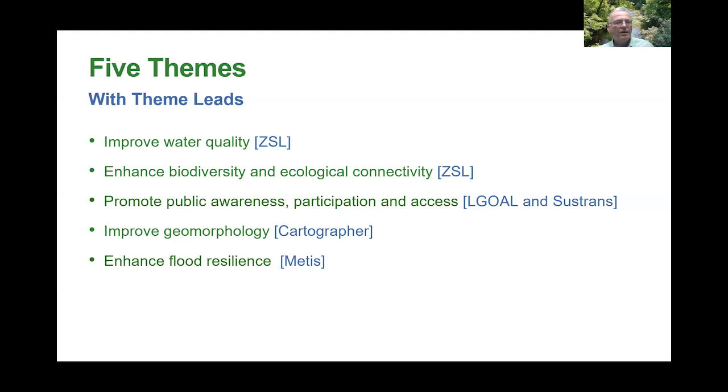Geomorphology is a key theme. You can see from those photographs that the river system has been heavily engineered at various locations. Cartographer are leading on that theme. Cartographer came out of Queen Mary's University, and they have developed the Urban River Survey and the MORPH system, if people are aware of those 2 systems, to evaluate the geomorphological value of a system and to monitor how that